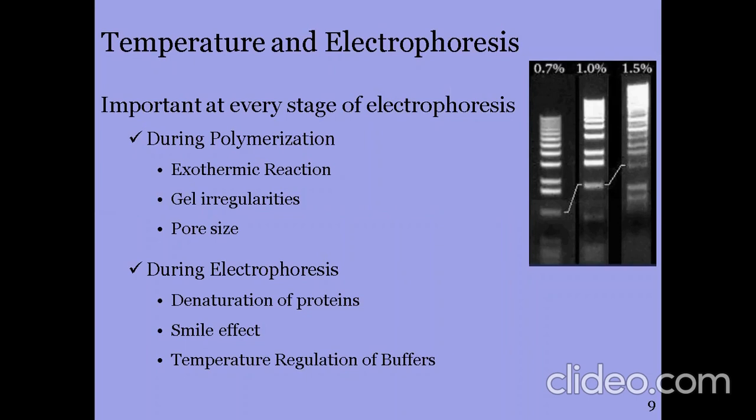So during the release of the heat, we have to take care. Polymerization के दौरान हम जेल को हीट करते हैं, ठीक है, और फिर they release the heat and that could be slower. इस तरह नहीं है कि हम इसको snap cool कर दें। तो इन चीजों का हम ख्याल रखेंगे ड्यूरिंग पॉलीमराइजेशन। ये 3 पॉइंट्स जेल प्रिपरेशन के दौरान हैं, और ये जो है ड्यूरिंग इलेक्ट्रोफोरेसिस, ये इलेक्ट्रोफोरेसिस के दौरान है।